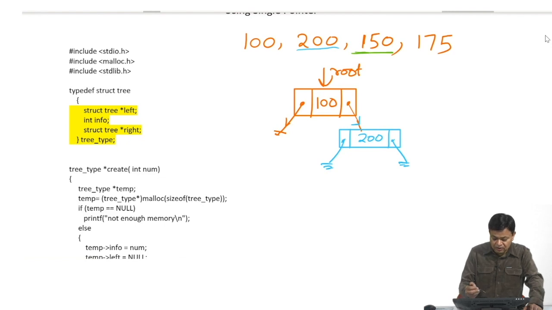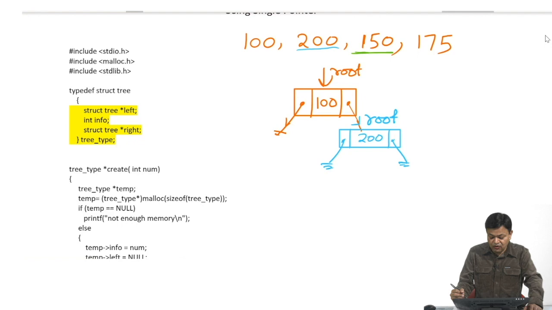So, what will we do? We will update our root. Next time this will be our root, so we will say root is equal to root right. This becomes our new root. What was the condition? Our number was greater than root arrow info and root right was not equal to null, so we have updated our root. We said now root is equal to root right. Normally these are recursive calls whenever we write our programs, but for understanding I am using a different color. So, now this is the root.